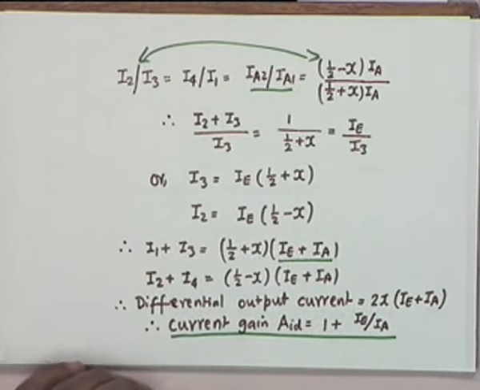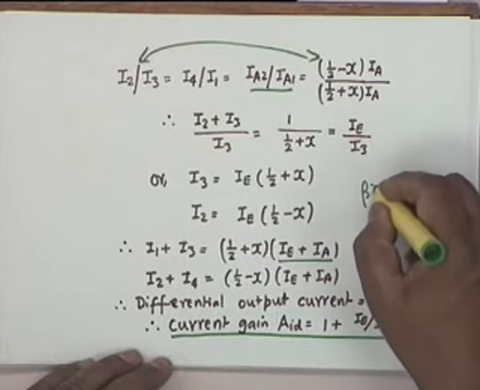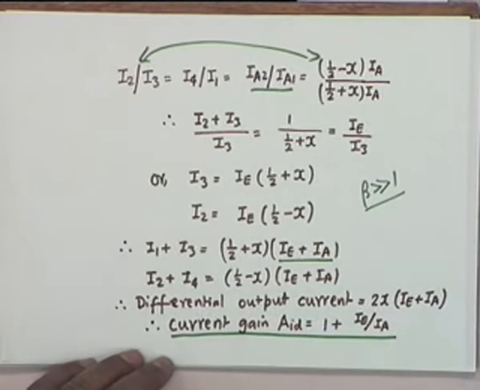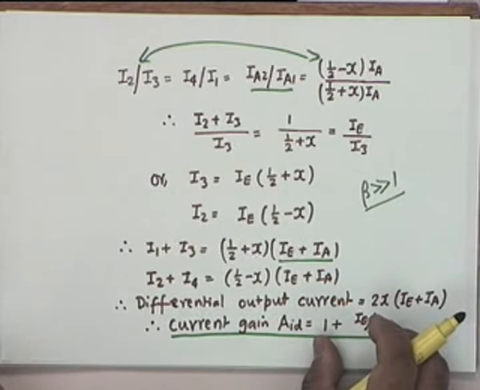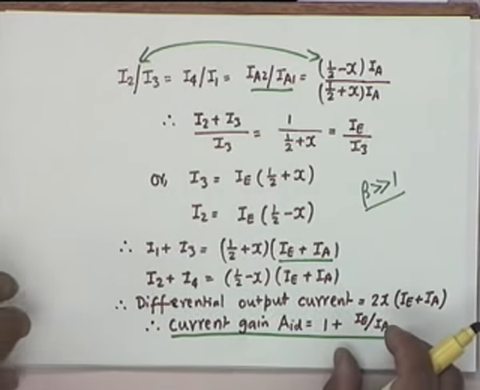In this analysis, we did not consider frequency effects at all, and the analysis only assumed that beta is much greater than 1. In practice, we can go up to beta equal to 10. Even then the analysis would be valid. Also, you notice that we did not assume the size of the signal. We did not put any restriction on the size of the signal. So this gain should be valid even for large signals. That's another advantage of current signal processing. And this is the basic wideband Gilbert cell.